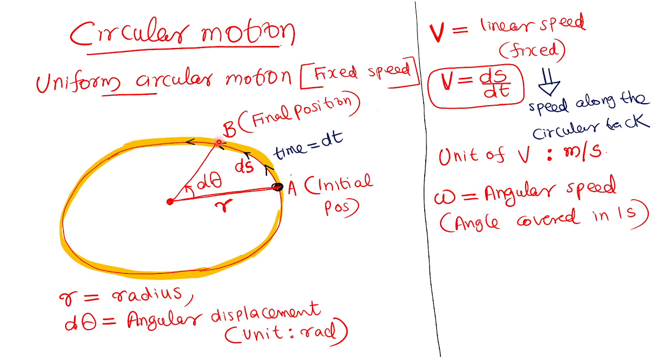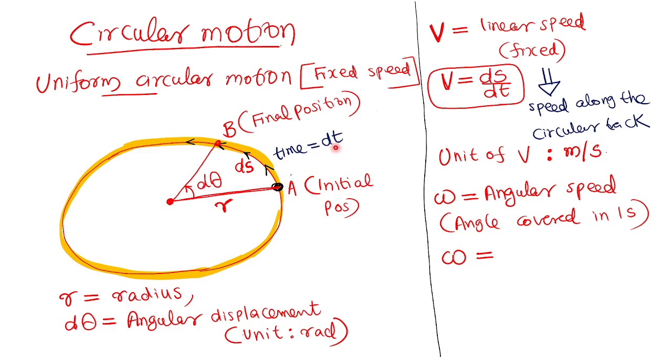So in 1 second time, I am traveling using my bike like this. In 1 second time, how much angle will I cover at the center? As I am riding my bike, definitely I am covering angles continuously. So as I am traveling along a circular track, in 1 second time, how much angle will I cover at the center? Understood? That is angular speed, angle covered in 1 second. So omega is given by,